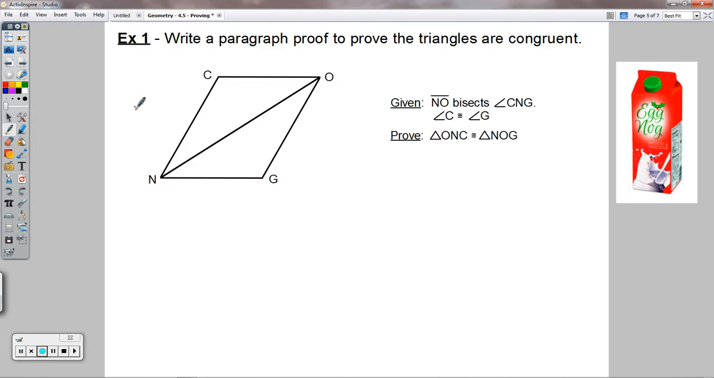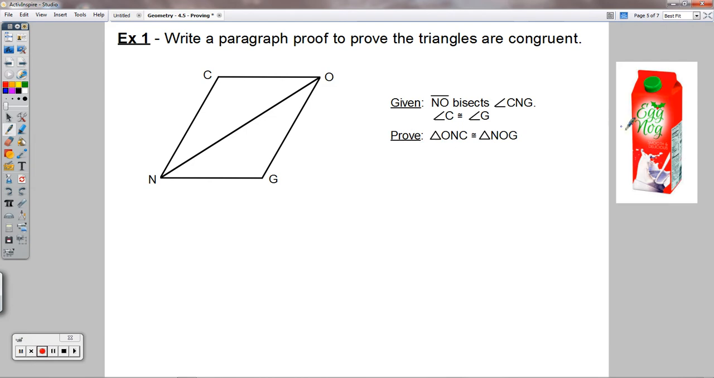So let's check out some examples now, and we're going to be writing some different types, some different styles of proofs with these examples. So example 1, write a paragraph proof. This is a new idea for us. A paragraph proof, how does that differ from a 2-column and a flow proof? Well, you just write it in a paragraph type form. You just kind of write it in a free-flowing sentence structured type of way. So write a paragraph proof to prove the triangles are congruent. So we have this information given to us, and we're trying to prove that these two triangles are